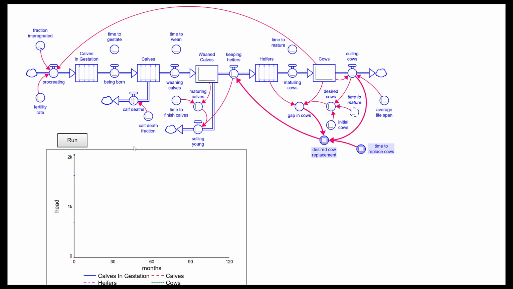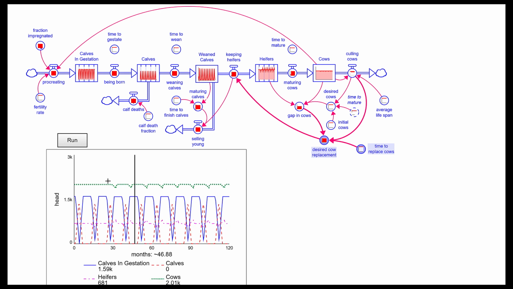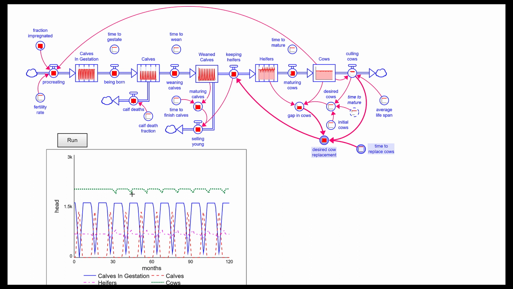Stock adjustment process. If we run this, you'll find that the cows, which is the green line at the top, is fairly constant. There are these little blips caused by the oscillations here in our breeding season. So this is a seasonality based on our breeding season. So as we're waiting for them to come out again, actually, it's more likely this is while they're gestating, after they've been born and before they're old enough to be cows. This is what happens. We can track that down if we really wanted to.